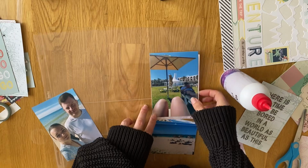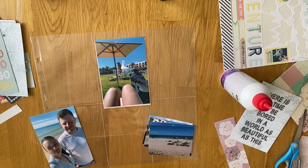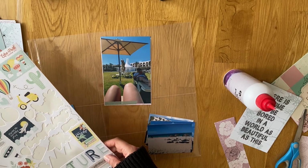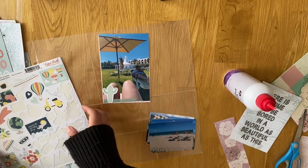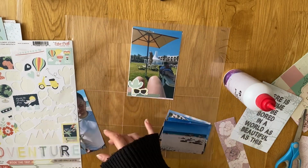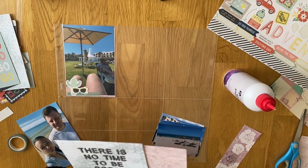So the pocket page I'm using, I have loads of these. I have loads of the pockets that have predominantly the 6x4s in portrait. They're just not as easy to use in terms of cut apart, so I do have a lot of them left over, so I'm trying to use those as much as I can. The set that I got for 2024, the pocket pages, I think it was a pack of 60. There was 40 of the design A, which is the most popular pocket page, and then there was 20 of